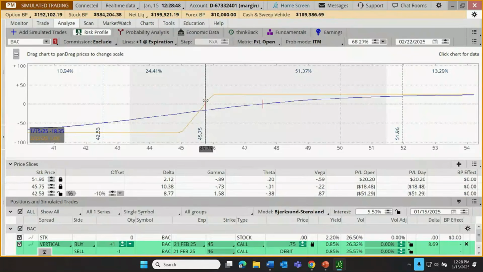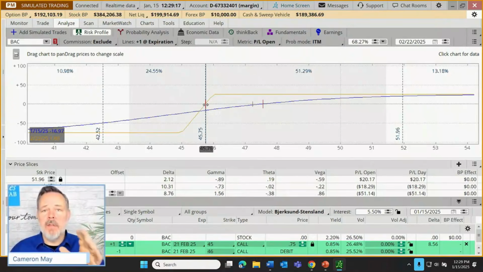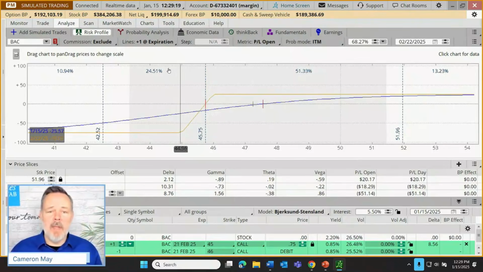And that skips our middle slice, right, 45.75. And I can see the probabilities went up just a little bit more. We went from a combined 62% probability of making maximum theoretical gain on this trade to a combined about 64% probability, 64.5%, of at least breaking even on this trade. So I can just do the opposite math. We must be around 35.5% probability that we're going to wind up below break even.